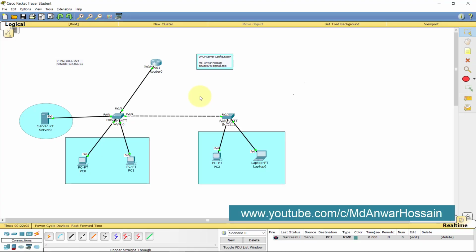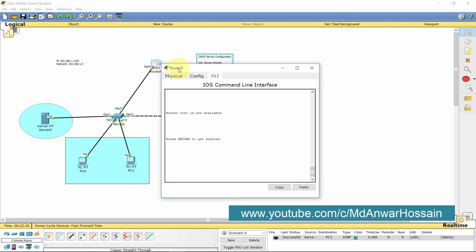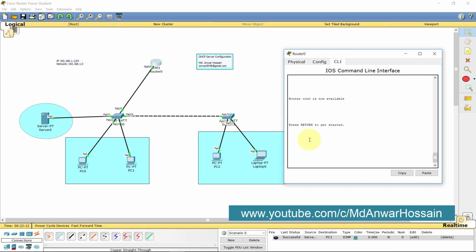So just go back to the router and let's have a look in the router where we configured the DHCP server, at what IP addresses are assigned to the end devices. To see this, we will use one command, show ip dhcp binding, then press enter. It shows that IP addresses from 192.168.1.21 to 24 were assigned to these 4 devices, and it shows which IP address was assigned to which MAC address.